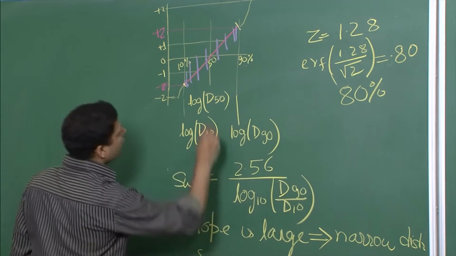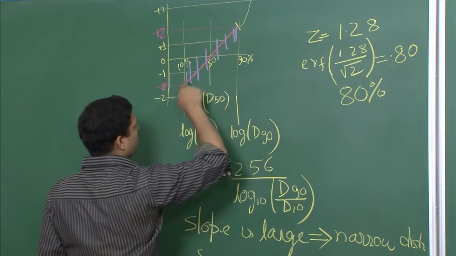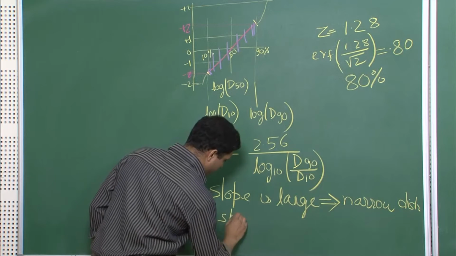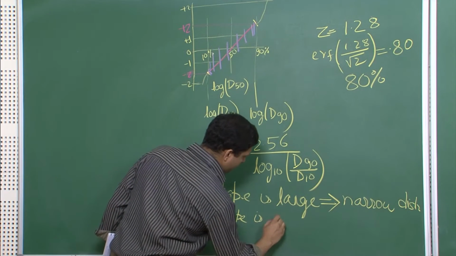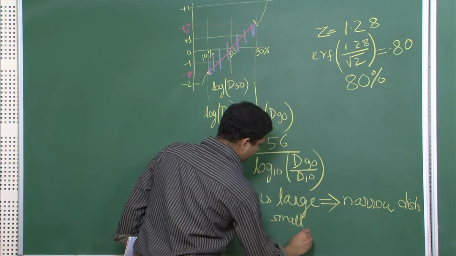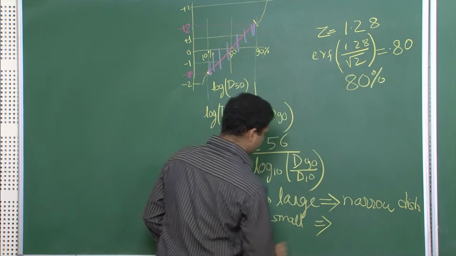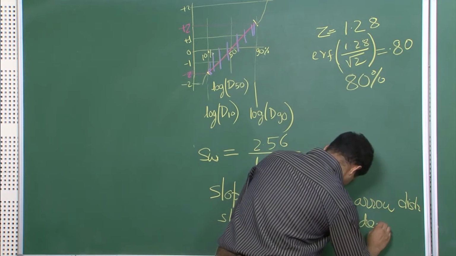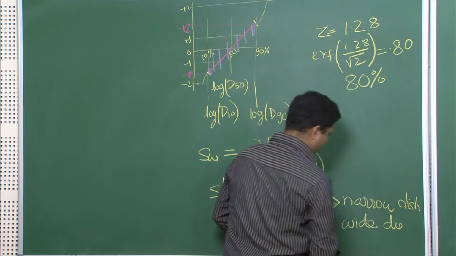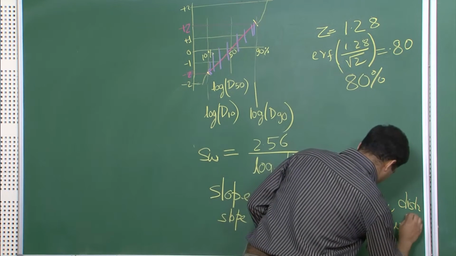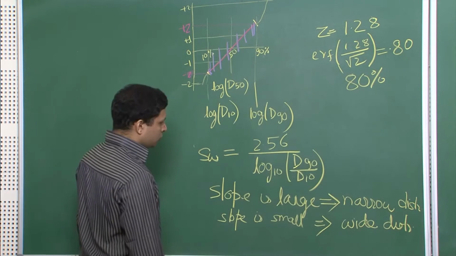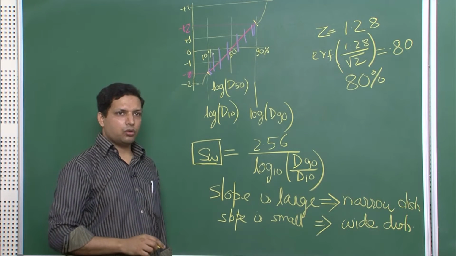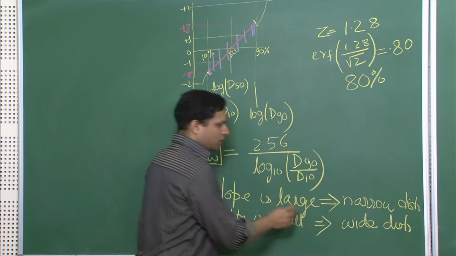When the slope is small, meaning it goes like this, remember it will still cross 10 and 90 at similar values. So, by getting this value of SW, you will be able to find what kind of distribution